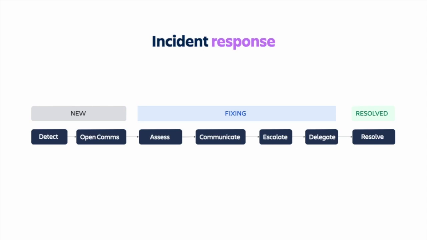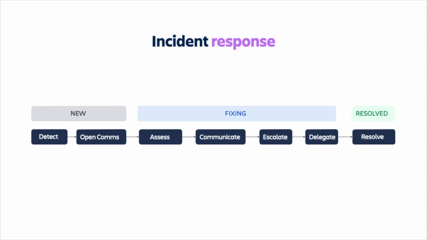For that, we follow an incident response framework, which looks like this. When a vulnerability is detected, it becomes a new vulnerability. The detection could happen with alerts we have in our system and with our monitoring, or even an Atlassian employee or a customer detects it and reports it. Once it's detected, we open communication across our company,